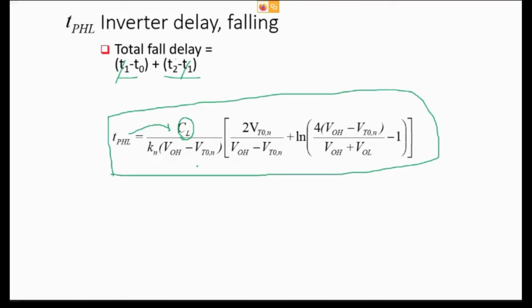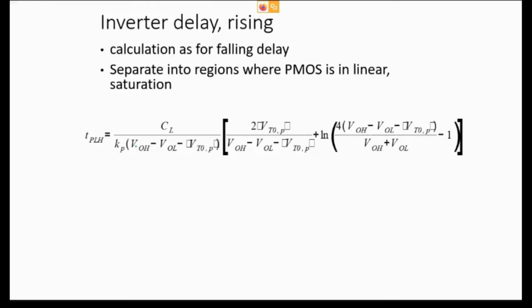So that's the problem. Second thing is, if you want to reduce the power supply for a device to make a low power device, what happens? You reduce this, your delay will increase. So there are so many things associated with this expression. That means you cannot do anything randomly. Any variation in the design will ultimately affect the delay. This is the delay related to tau PHL. And on the other side, the same steps need to be used, and here you can find the other delay, tau PLH. So it also has the same problems.